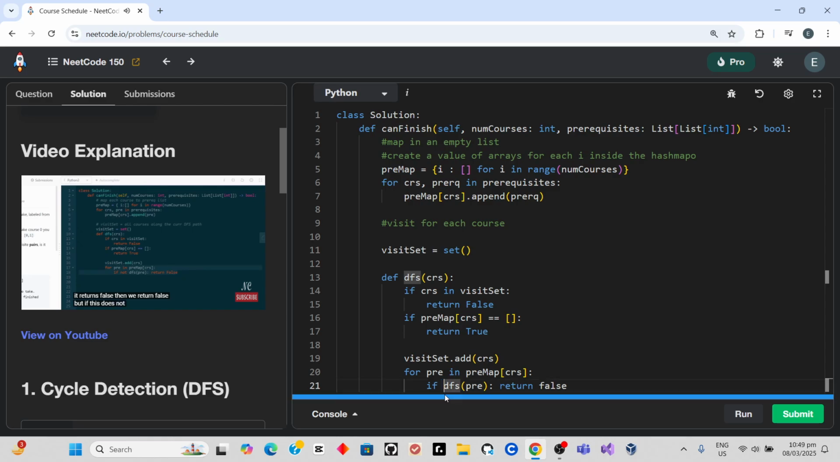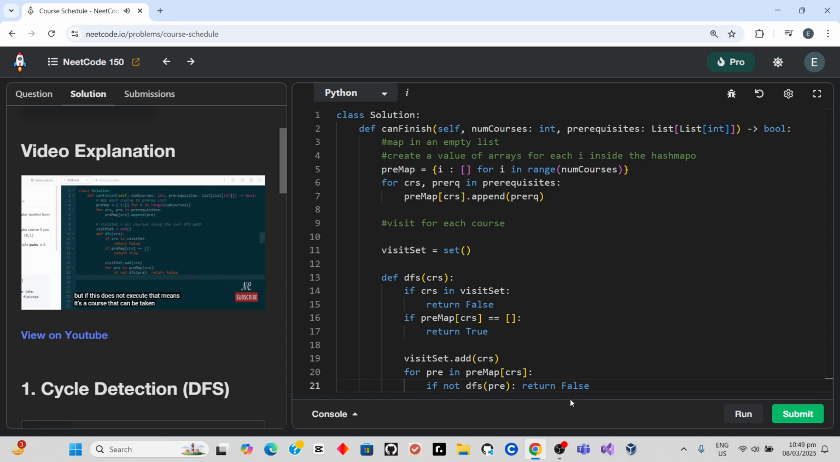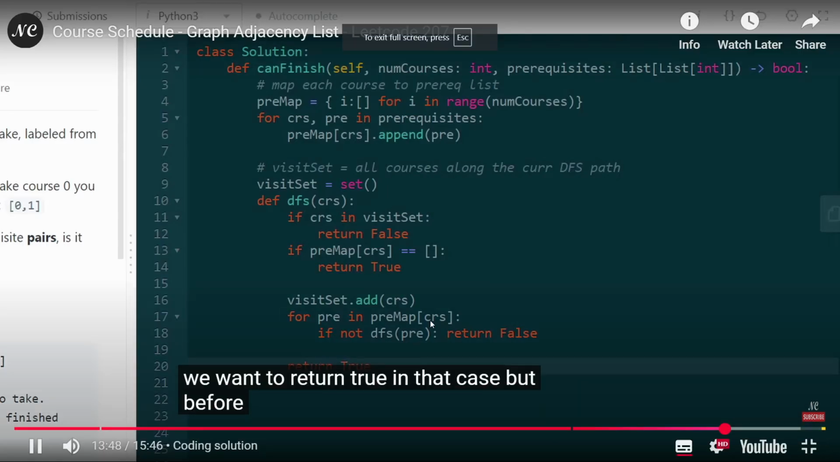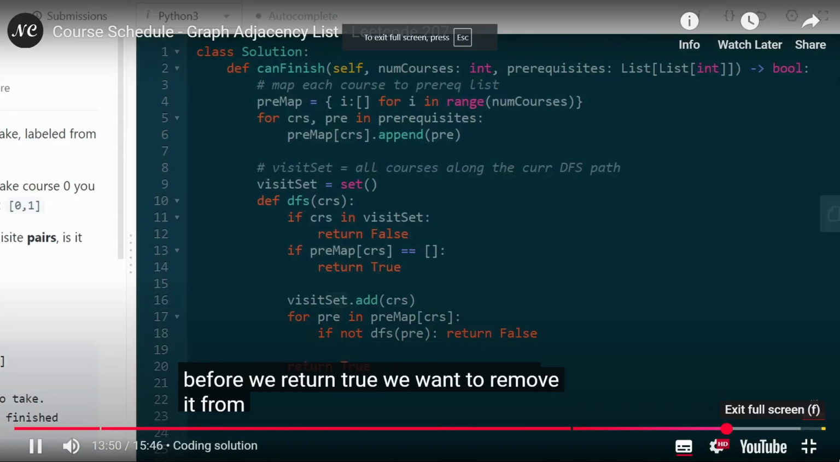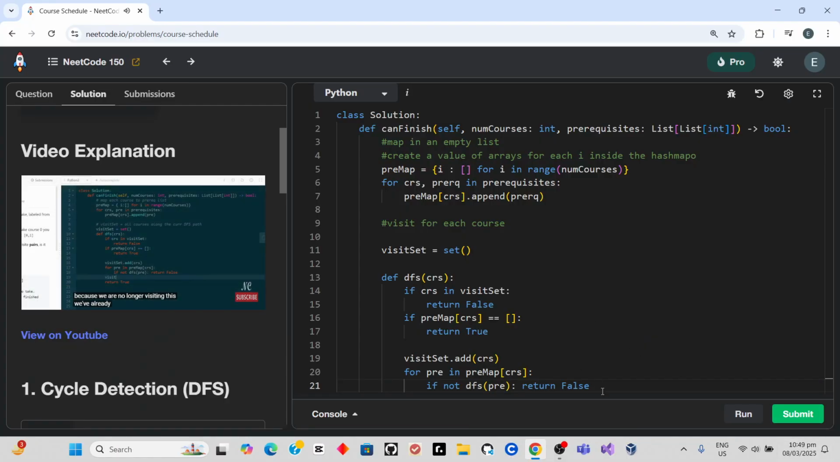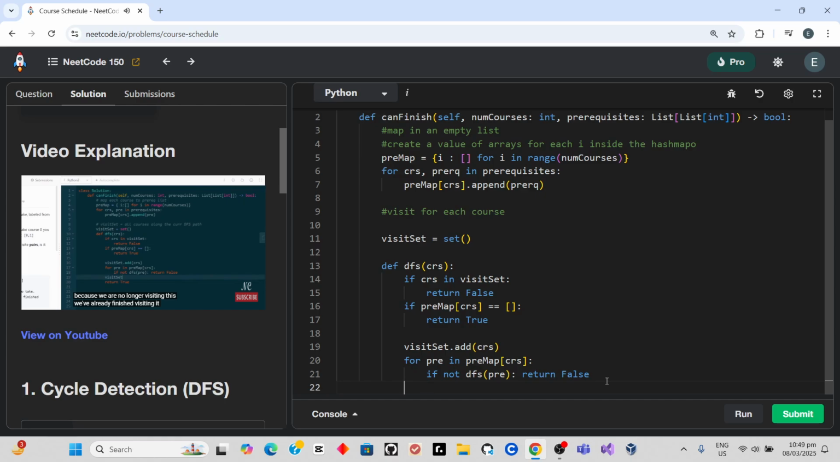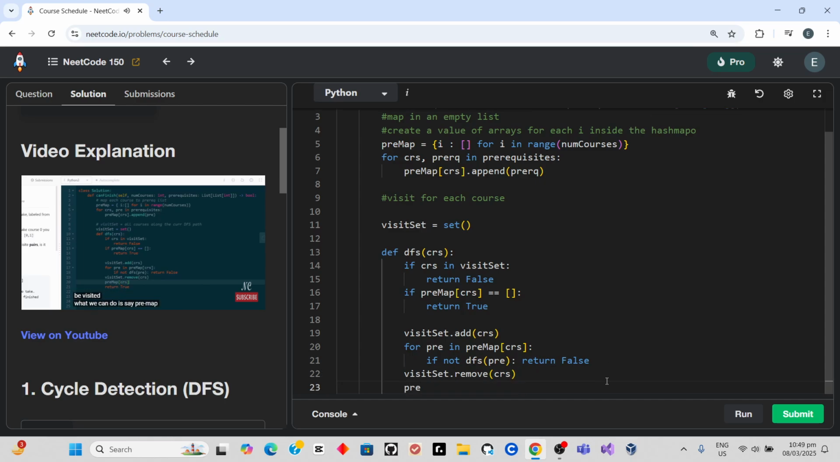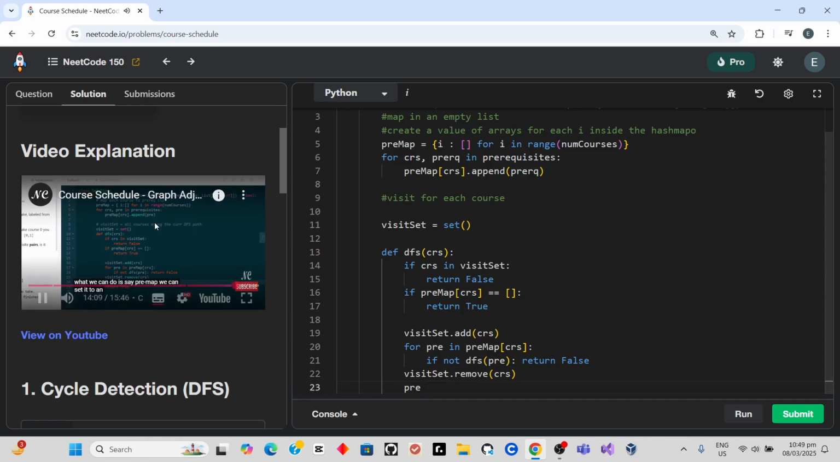But if this does not execute, that means it's a course that can be taken and we want to return true in that case. But before we return true, we want to remove it from our visit set, because we are no longer visiting this. We've already finished visiting it. So visit, remove this course. And also, since we know this course can be visited, what we can do is say pre-map, we can set it to an empty